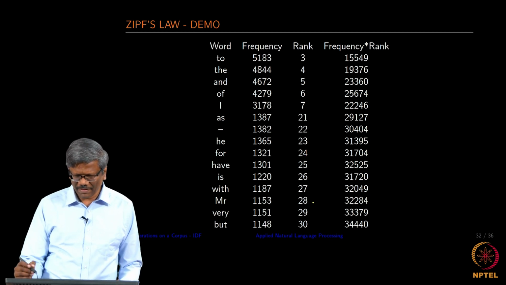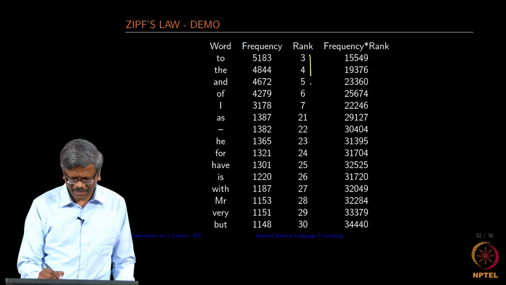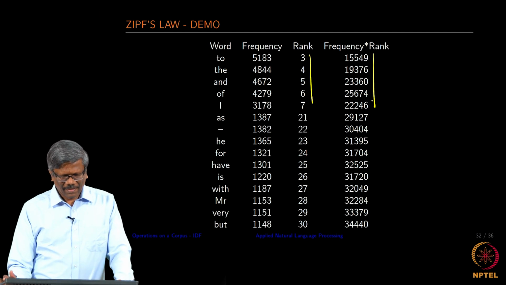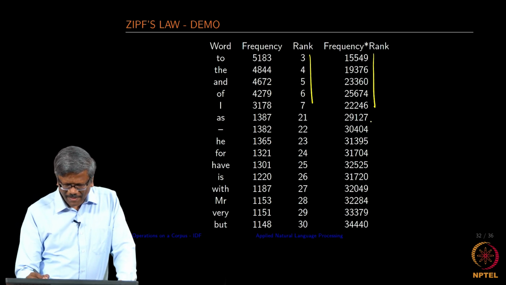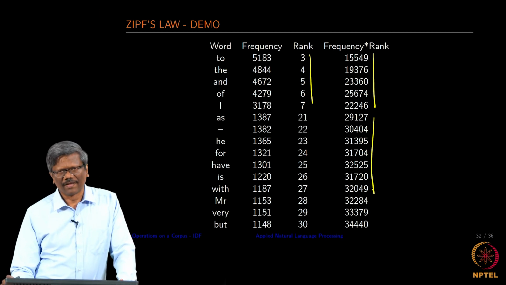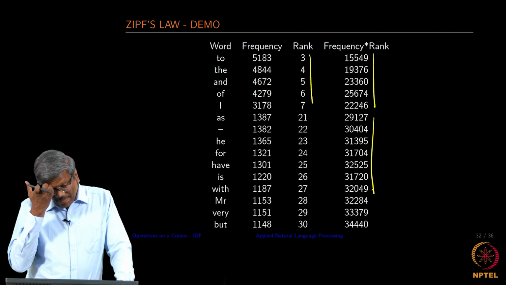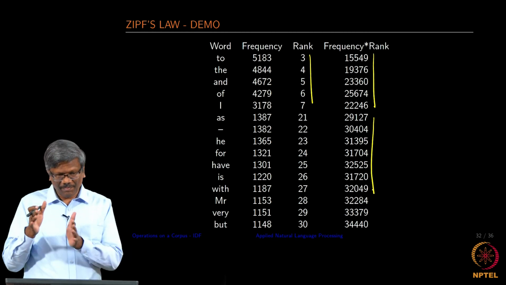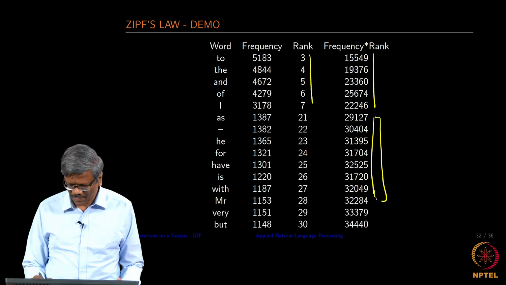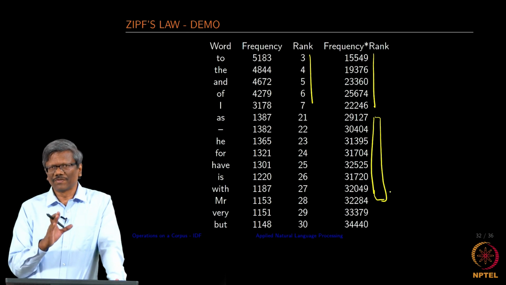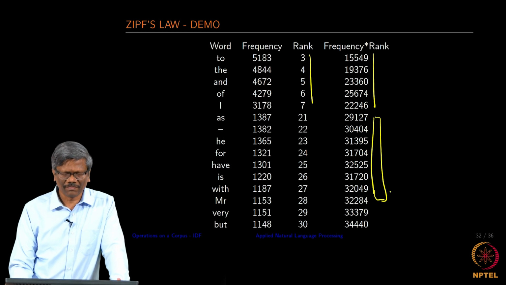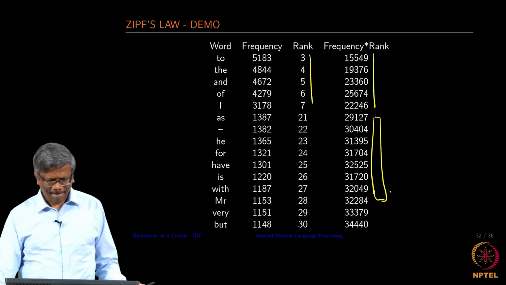If you look at the frequencies with a high rank, you do not see any correlation to what Zipf's law is stating. And then if you go to the ranks at the lower order, okay, you see some correlation there. That means for the commonly occurring terms in the mid-frequency range, you have some kind of a correlation. So, again I am stating that this is only used for modeling the corpus and not exactly the representation of any corpus. Okay.